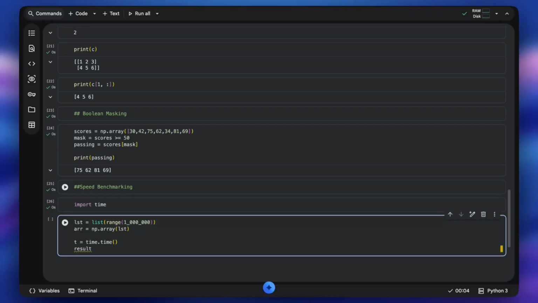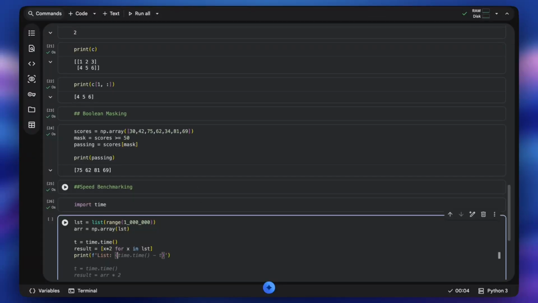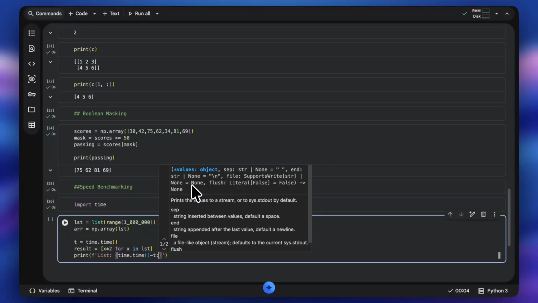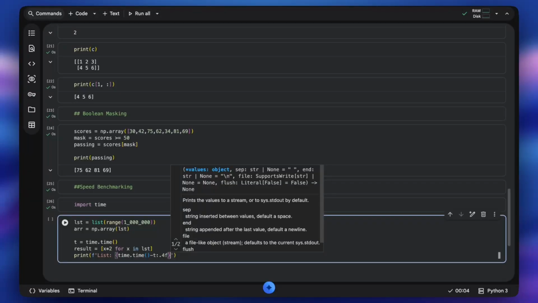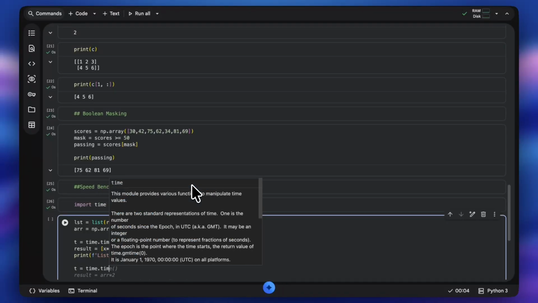And now let's store the result of the calculation, result of x for x in lst, and we are going to print a string, and we're going to print list time, time.time, t, .f, sec, and now we're going to do the same for NumPy too, right?